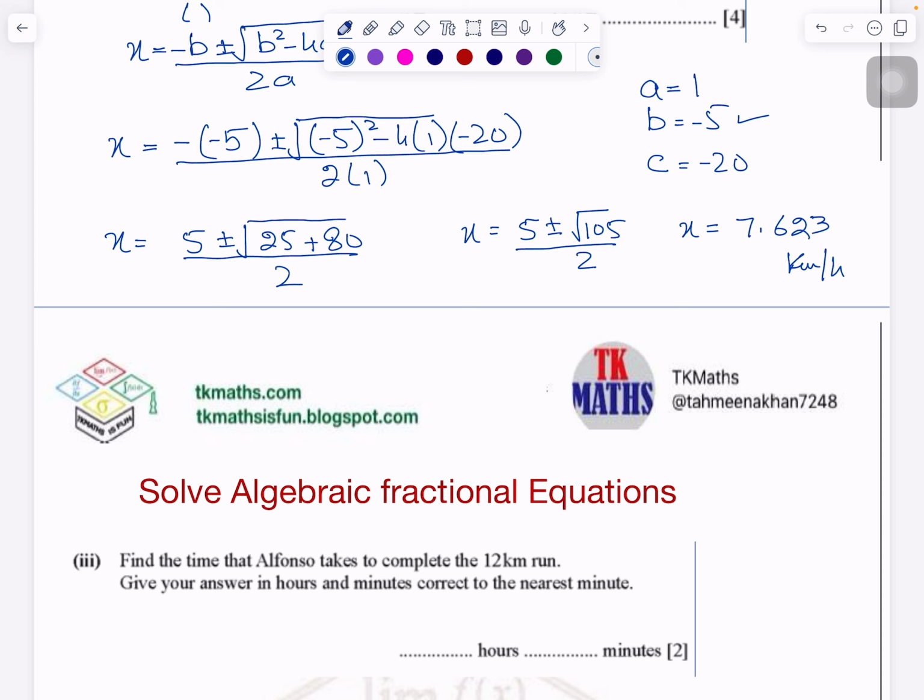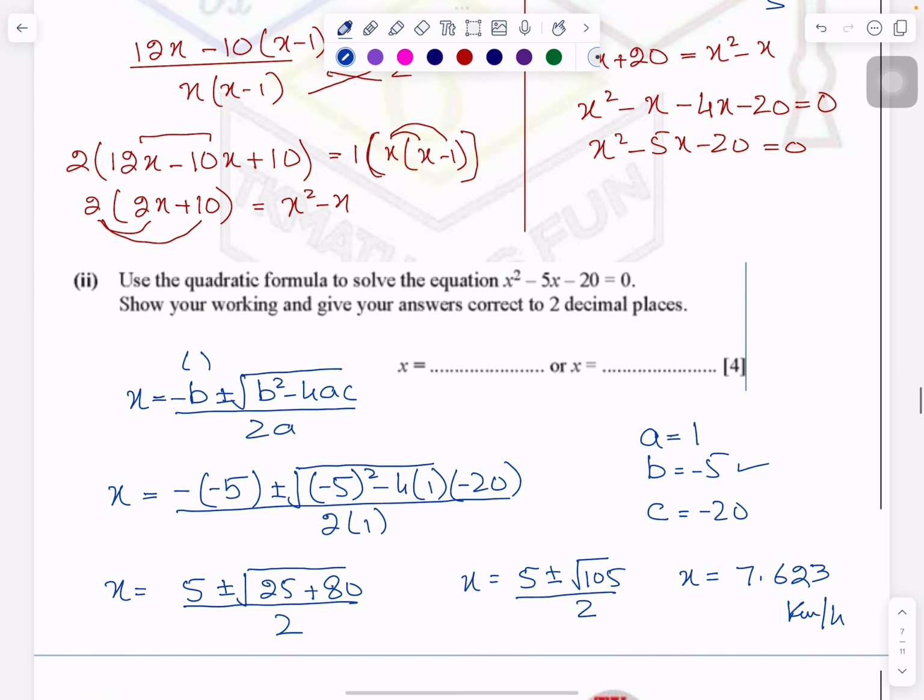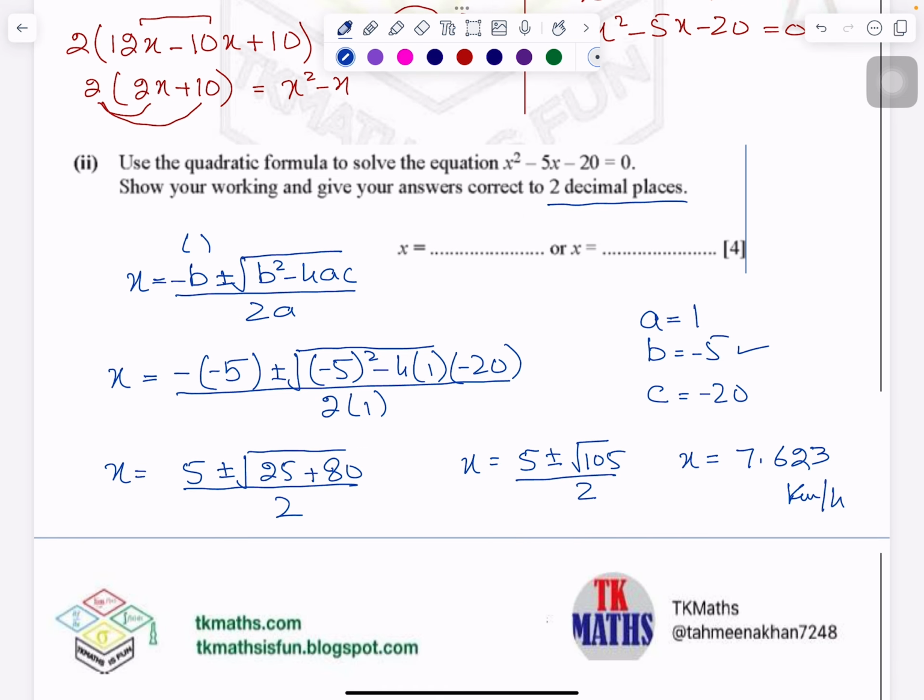Okay, give your answer, or the value of x you have to find out. And the question is saying 2 decimal places, so please read it carefully. So you will end it at 2. And please remember, you will always show the third decimal place. Why? What is the reason? Because you have to show the examiner that you are rounding it off correctly. Because if this value is 5 or greater than 5, then the impact will come here and this will become 3. Right now this is not the case, so it will remain 7.62.